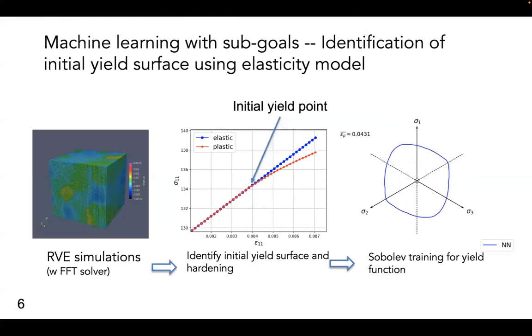A yield surface is like a criterion. You can think about it like getting a speed ticket. If you drive 80 miles per hour, you would get the ticket, right? So that would be a criterion. If the speed of your car is less than 80, you're fine. If you reach 80, you are on the boundary of the legal limit. If you go beyond 80, which is possible, you're going to get a ticket, right? So the yield surface